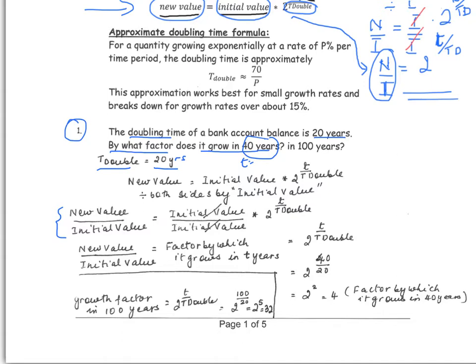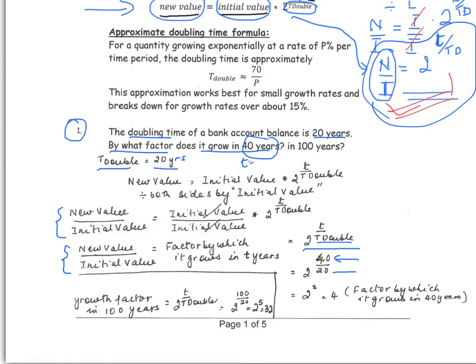Basically, it is this formula we were talking about previously. N over I is equal to 2 to the t over T double. So new value over initial value is equal to the factor by which it grows in t years. And we know what the formula is. It's 2 to the t, the time at which we're interested in that information, over T double. Plugging in the numbers, that's 40 years. By what factor does it grow in 40 years? So that is 40